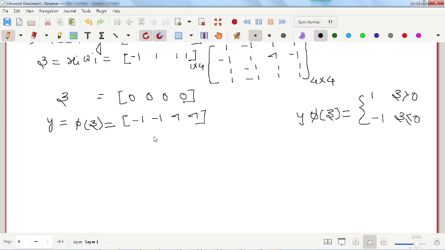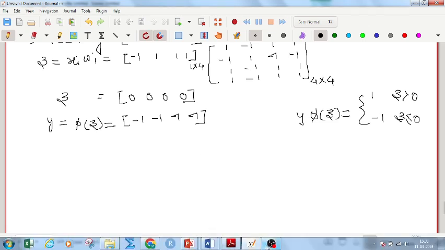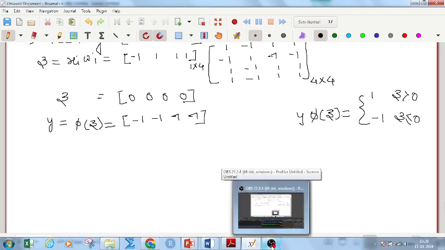Many of the times we observed that for 1 missing value, for 2 missing values, even for 3 missing values also, you will get the same output. But in case of wrong values, if 2 wrong values are there, most of the time we observed our output is not the same as the input. So take care of this. Auto-associative is very easy. You just need to remember that input and output are